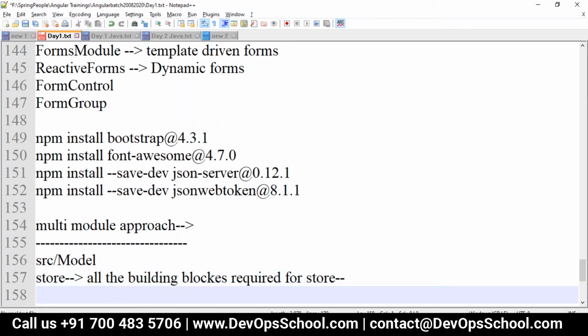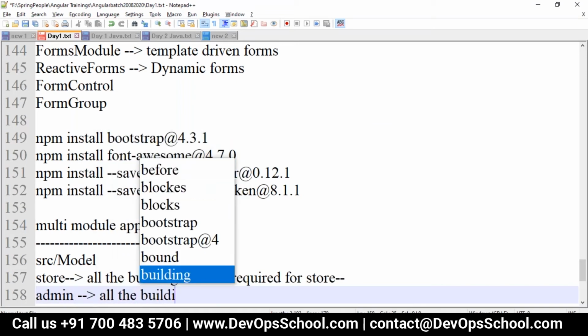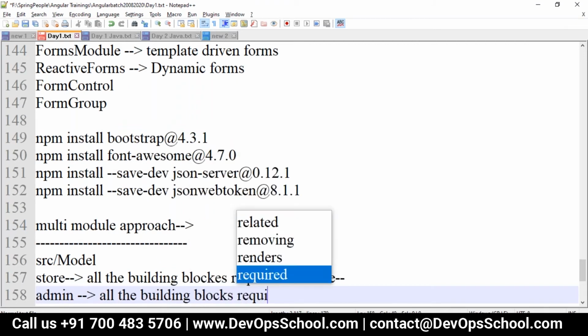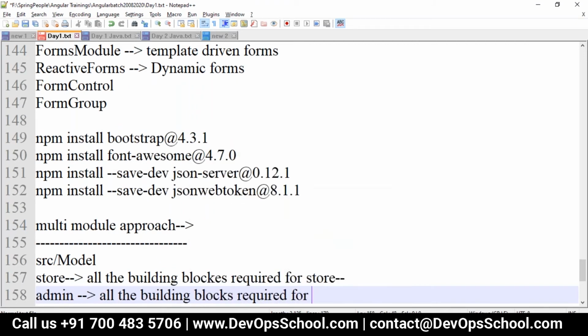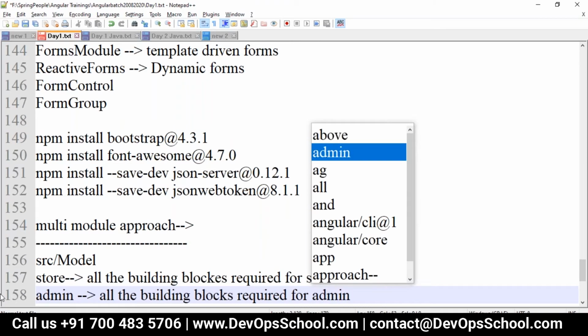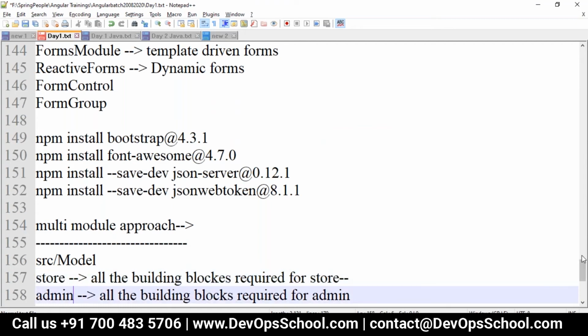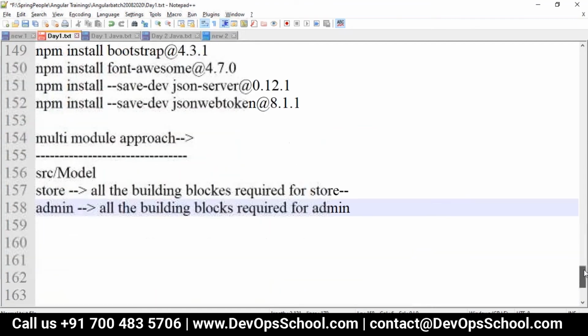And then we will go with the admin module. In the admin module, we will be writing all the building blocks required for admin functionalities. All the store functionality will be in one module, and admin functionality will be in the admin module. So like this, we will be creating two different modules.